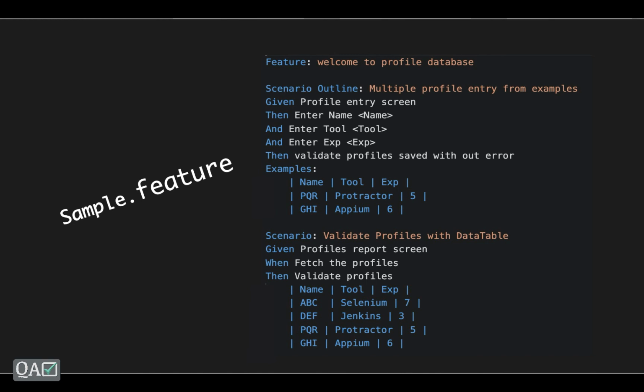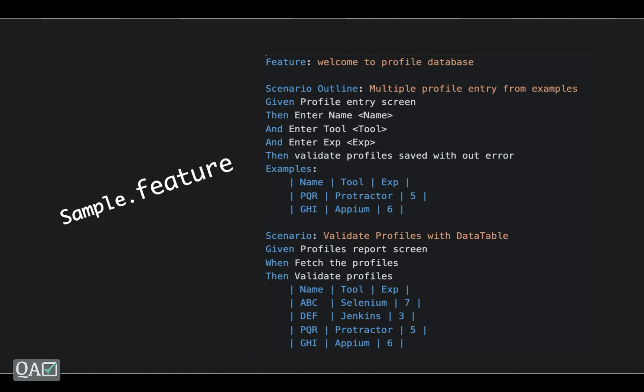They can just give you the feature and scenarios, but the steps can be written by the E2E folks or the functional testers. So it's always good to know all these things beforehand, before getting into the real-time scenario.